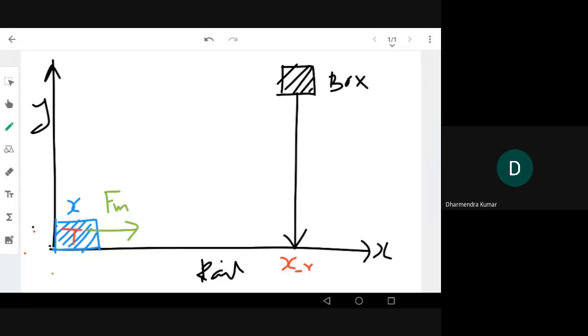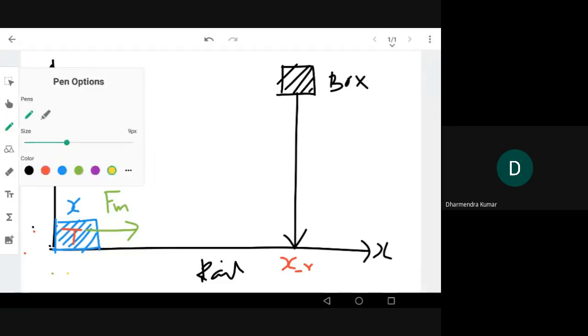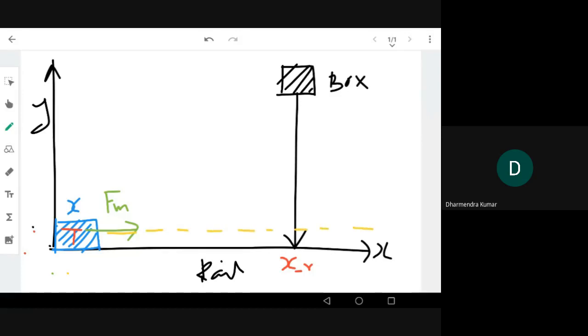If it is a bit earlier, it is going to exceed. You can see it will be going much faster, going to exceed, and then the box is going to fall. So it is going to miss the box, right? And if it is a bit slower, it definitely is not going to catch the box.